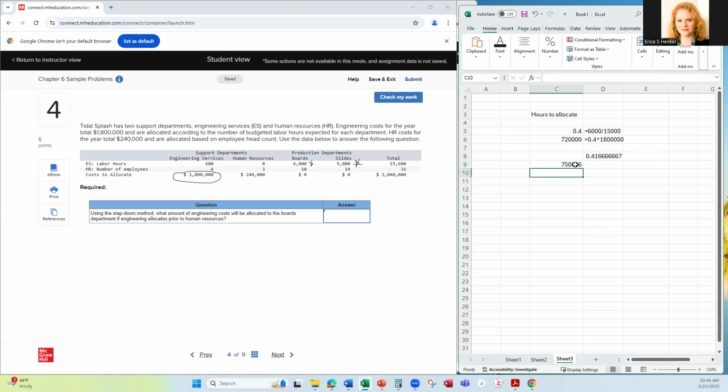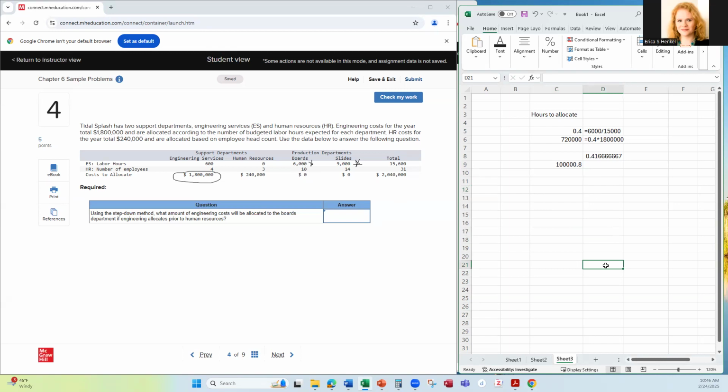They would get about 750,000 for, whoops, that's not right. Oh yeah, so 750 plus 720. Oh, coming up. Yeah, and then the remainder would go over to, wait, I multiplied that times the wrong number. Sorry, that should be the 240. There we go. Human resources, 100,000 of it would go to the boards department, and then the remaining would go